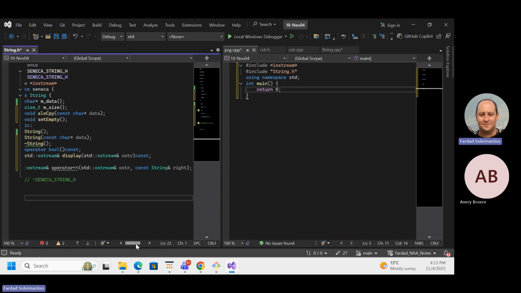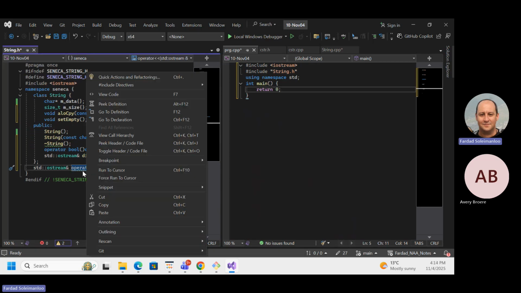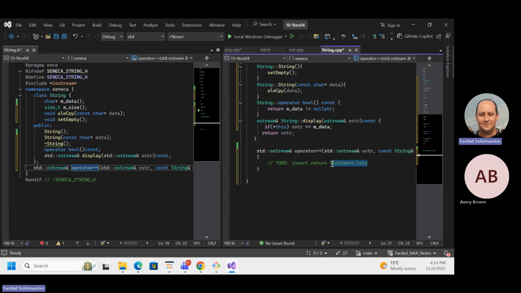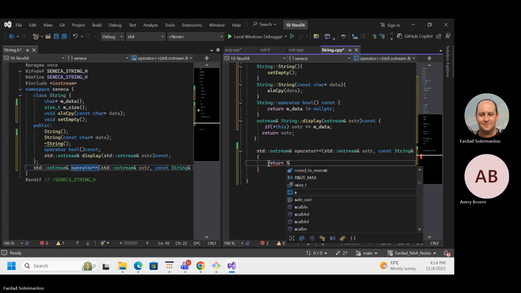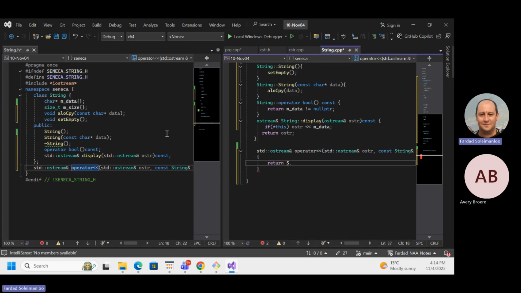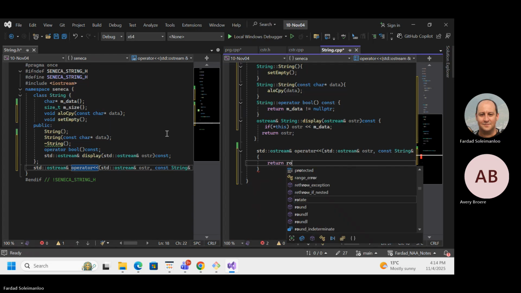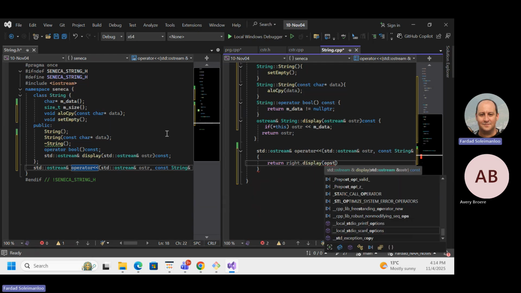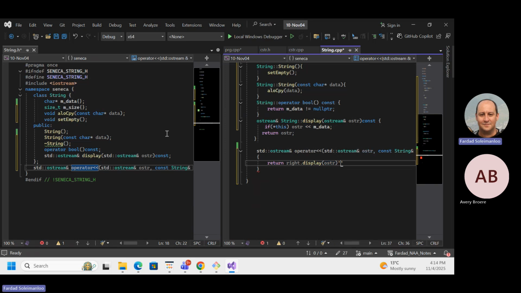By having this, I'm going to have an elegant testing happening over there, because these are easy stuff I don't need to worry about. I'm just going to say over here, return s.display, and I'm going to pass the ostr to it. So there's nothing to worry about.